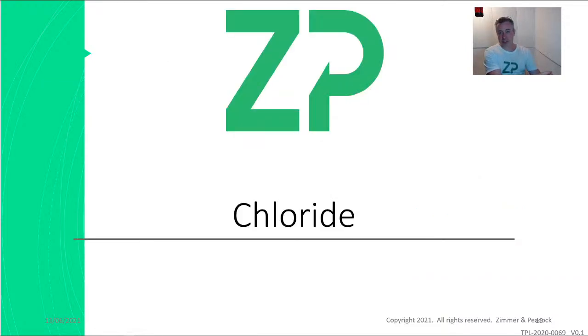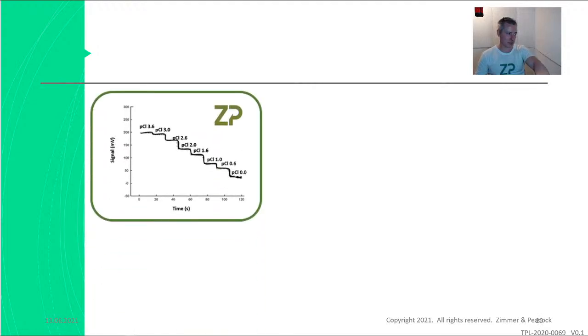The next question that came in is, can you give us a data sheet for the chloride sensor? So don't forget, on Thursday at 8 a.m. I'm going to do a big talk about metrics for biosensors and why it's such a complicated question. But let me try and give you some more information now about the chloride sensor. So the chloride sensor is an ion selective electrode. It's potentiometric. It's the same as a pH sensor, except rather than being specific